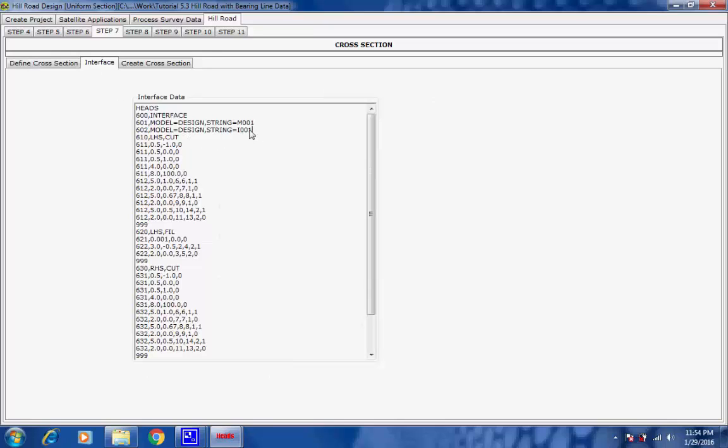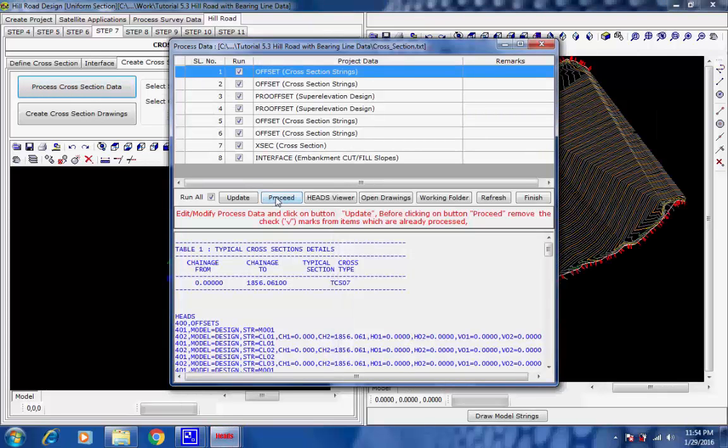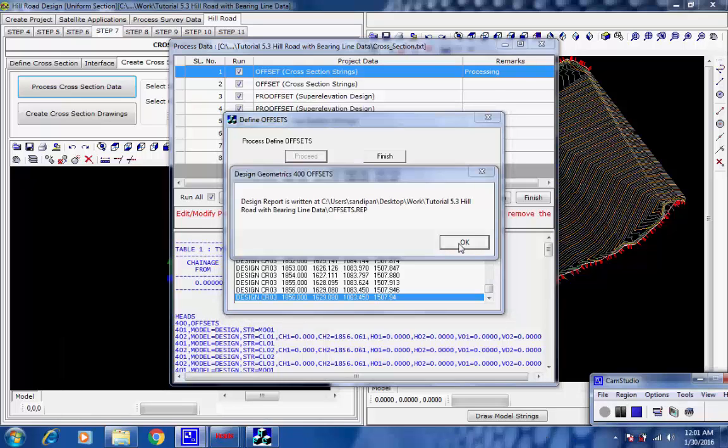Next, we select the page to create cross-section. We click on button Process Cross-Section Data. The process box comes with list of batch processes in proper sequence. We click on button Proceed to process each step with the related data as displayed in the lower part of